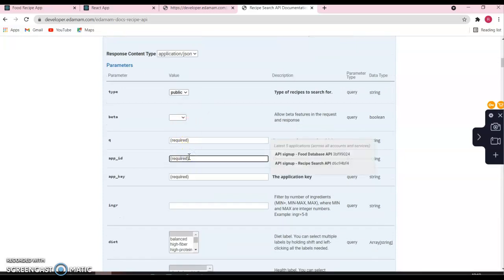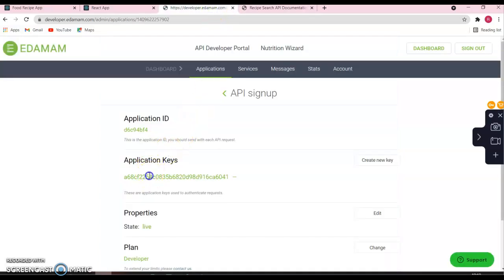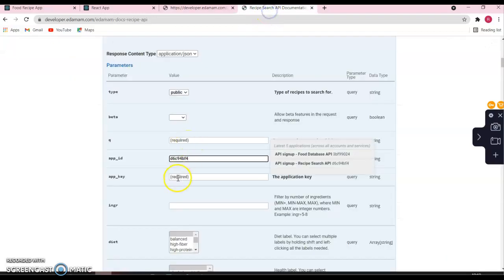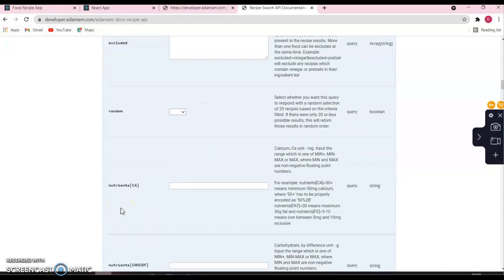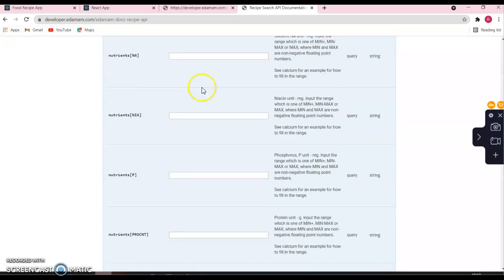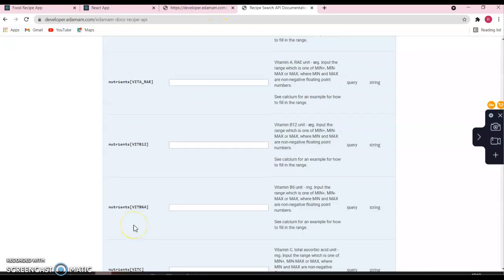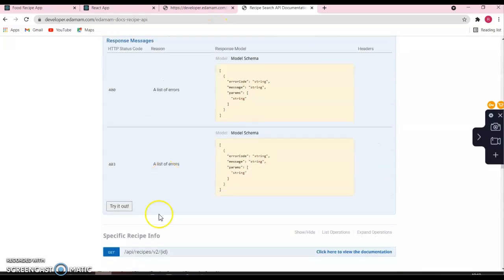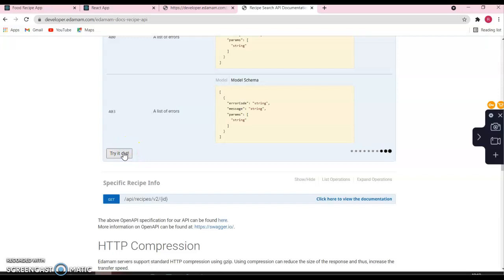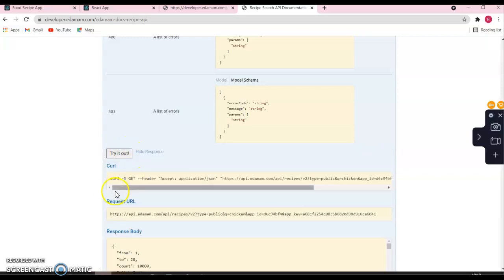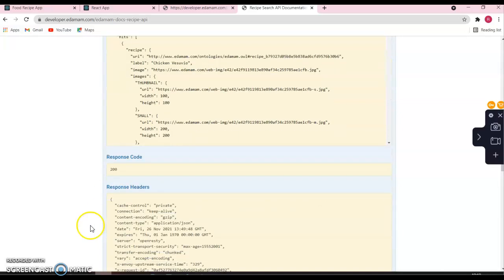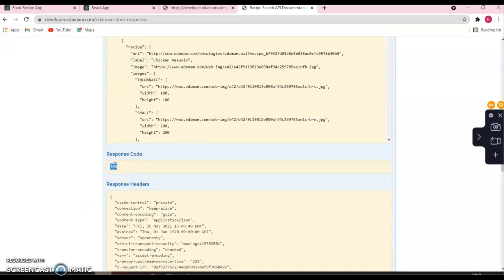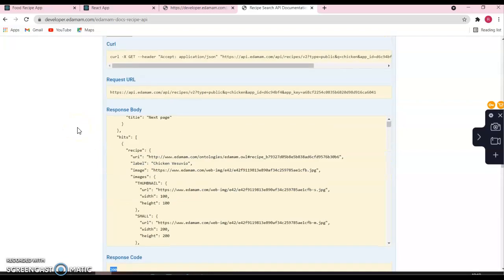I'm going to paste it here, and my application key here, and the query should be something like chicken, and these are optional fields we don't need to pass. If you want to pass anything, you can definitely pass, and if you click on try it out, it is returning the response body, and if you see the response code, it is 200, which means we are able to successfully connect to the API call.